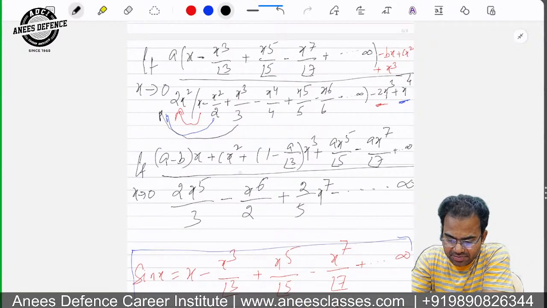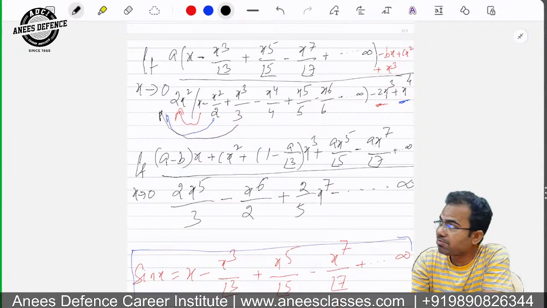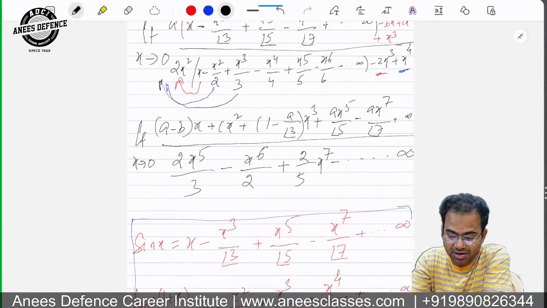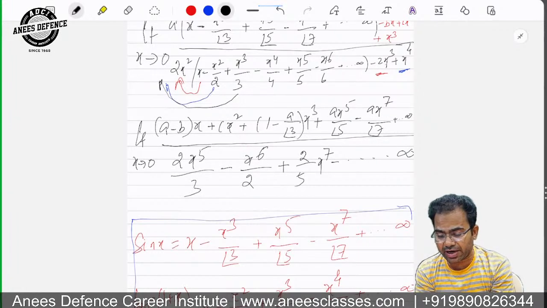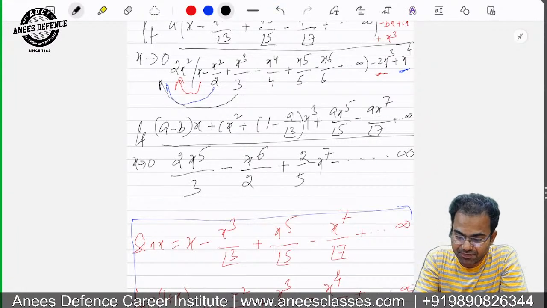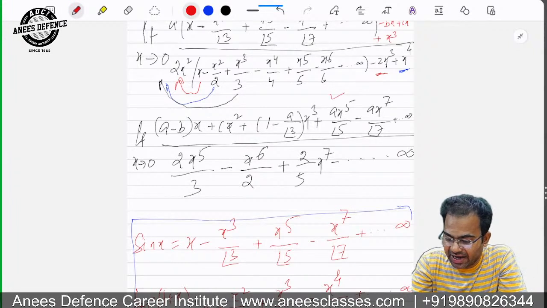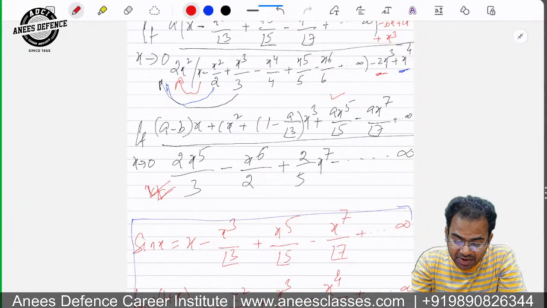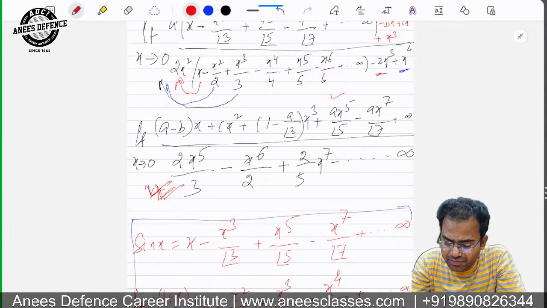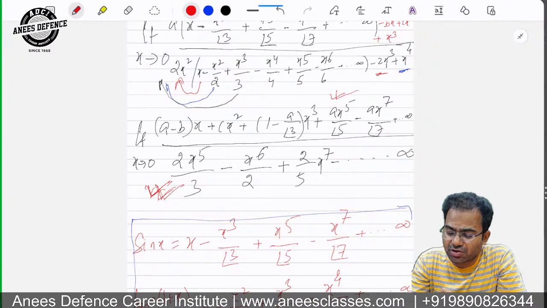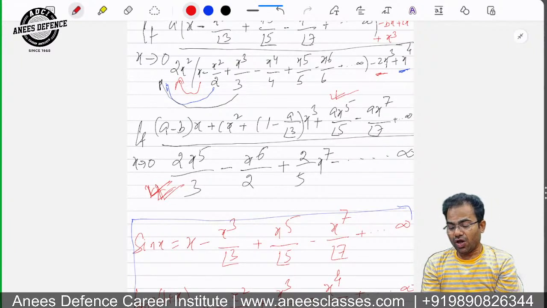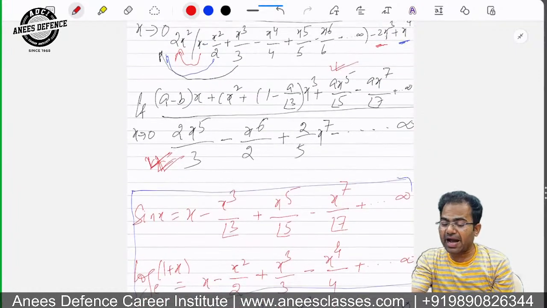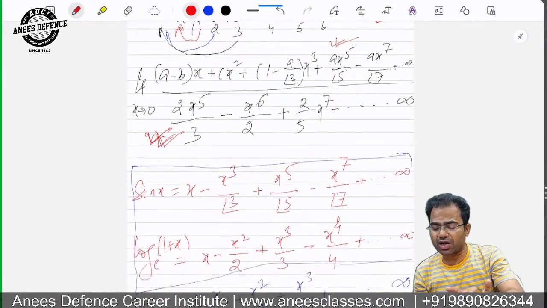So a minus b into x, c x square, 1 minus a upon factorial 3, x cube, a x to the 5 upon factorial 5 minus a x to the 7 upon factorial 7 up to infinity। अब इनका लिमिट एग्जिस्ट करता है तो दोनों के नॉमिनेटर एंड डिनोमिनेटर की पावर सेम होनी चाहिए। तो डिनोमिनेटर का सबसे छोटा पावर 105 है, तो मुझे नॉमिनेटर का भी सबसे छोटा पावर 105 ही रखना है। तो इसके लिए मुझे बाकी जो पावर है उनके कोएफिशिएंट को 0 करना होगा।